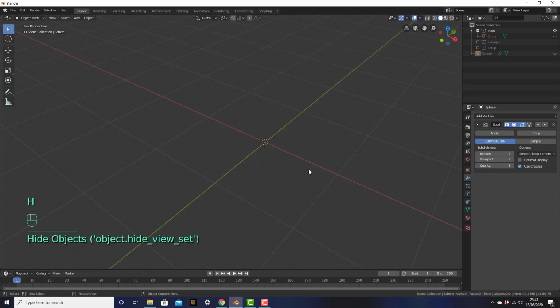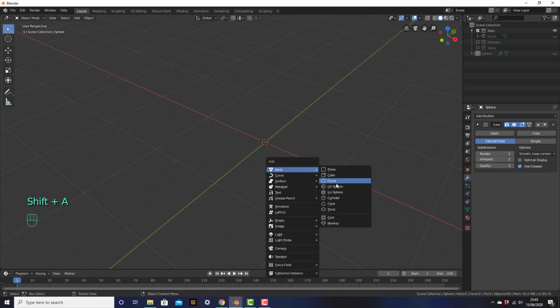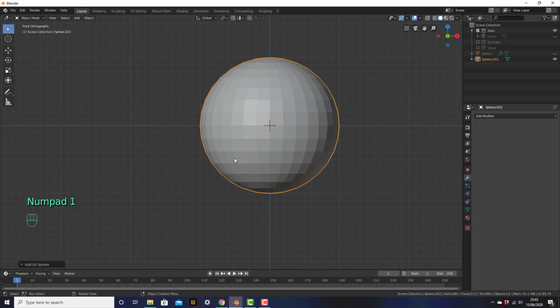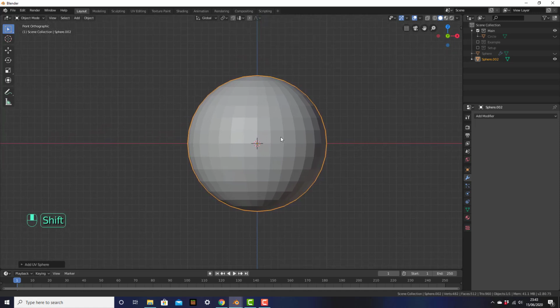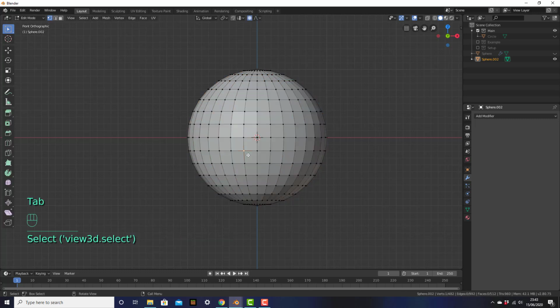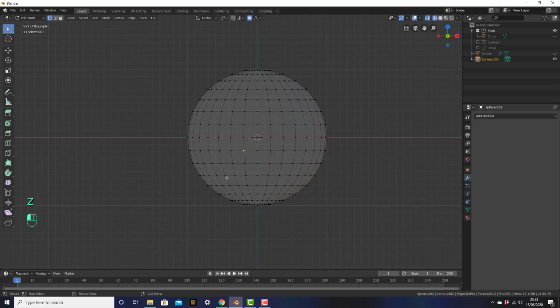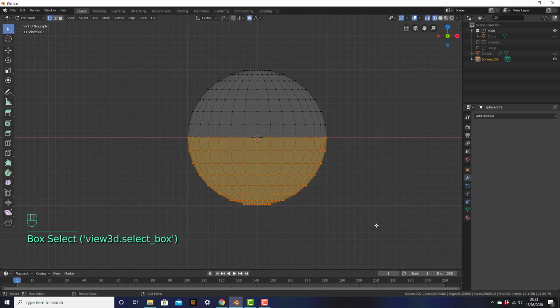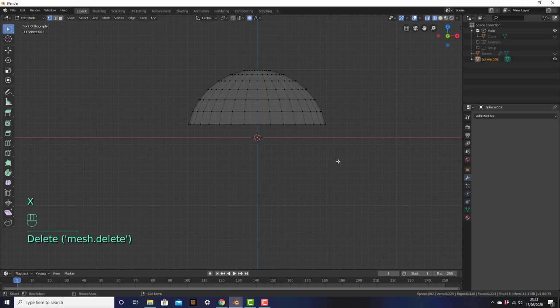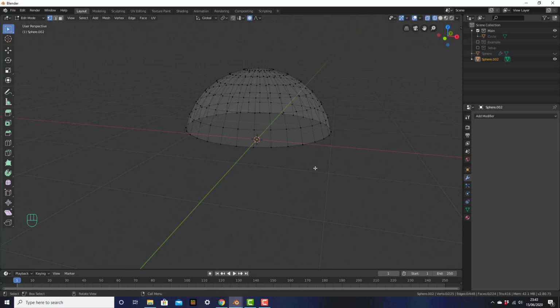And then we're going to make another shape, Shift A, Mesh, and UV Sphere. But for the yolk, we're only going to use half of this. So going to click on it, go into edit mode by pressing tab, and then we want to go back into wireframe mode so that we can see right through. Z, wireframe, and then we're going to select the bottom half of the sphere, just like that. Now we want to delete that by pressing X, and then vertices. Now we only have this top part left. So we go back into solid view,